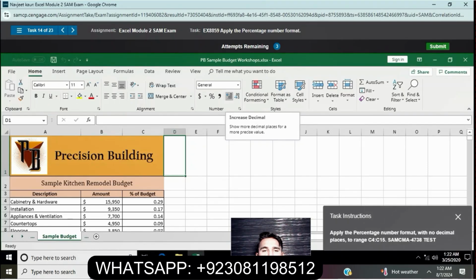Now question number 14 is to apply the percentage number format with no decimal places to the range C4 to C15.